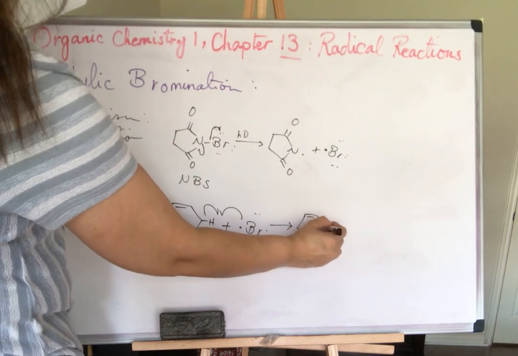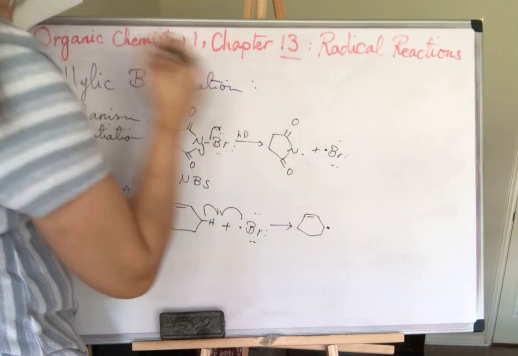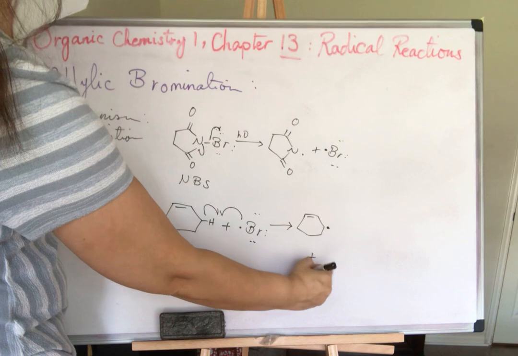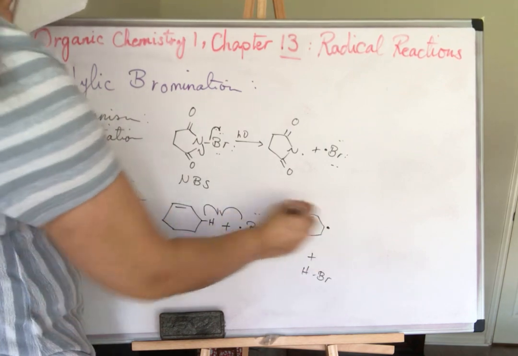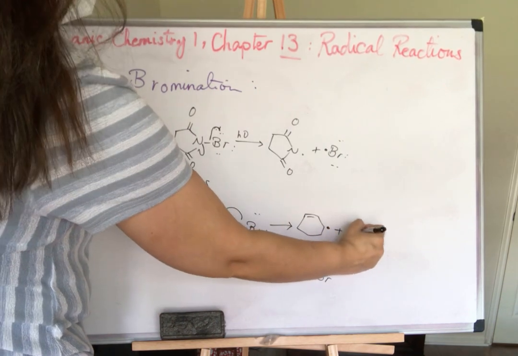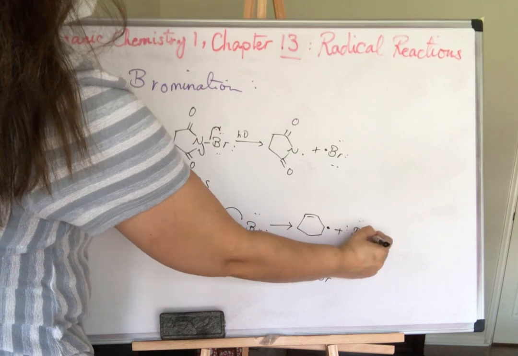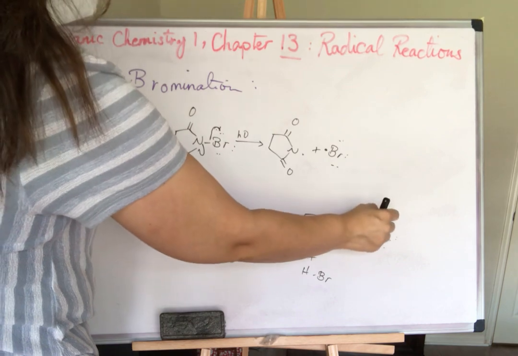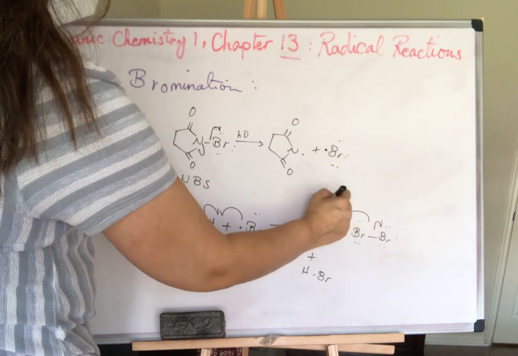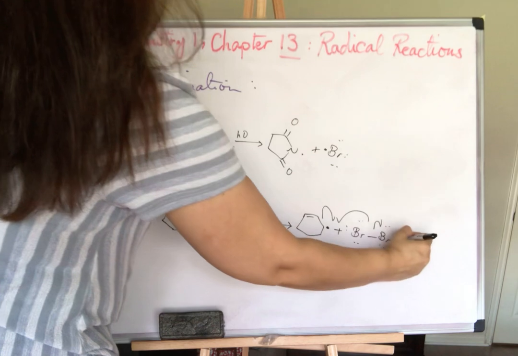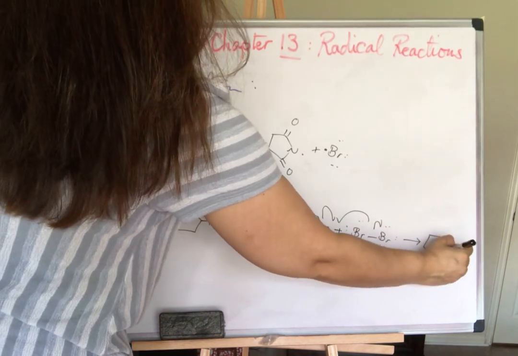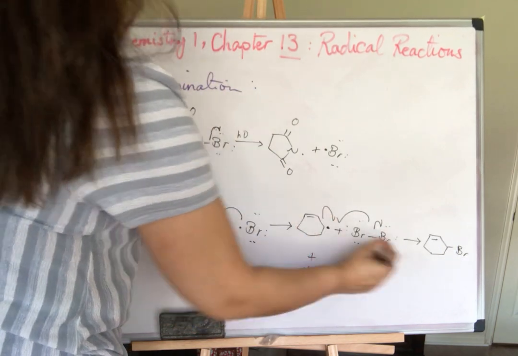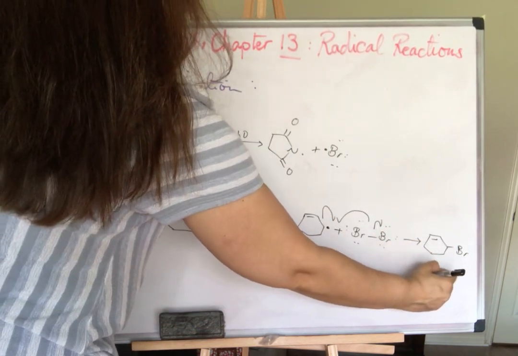So you will create a new radical. HBr is the second product, and then with a bromine molecule that you have enough of them available, because this radical needs only 1 bromine, you will put bromine in the allylic position without touching the double bond